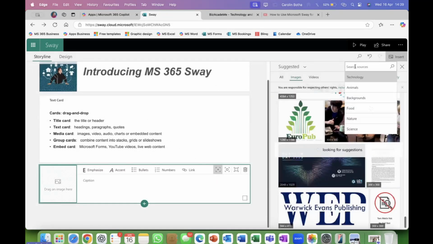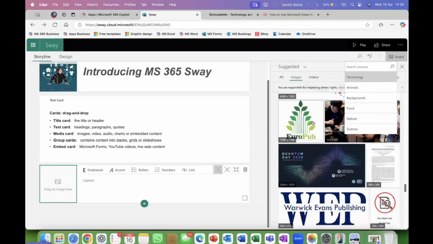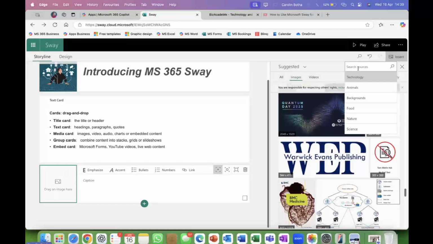Let's rather, I think it's better to choose an image from the suggested, the available images. As you can see with the previous card, if it asks you for a background, go for the background option here.